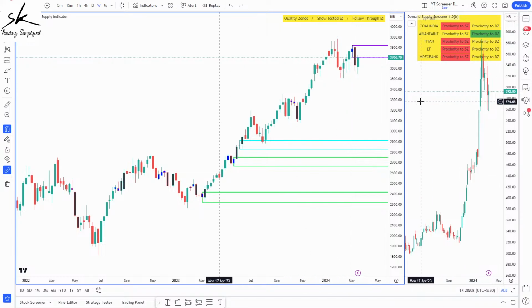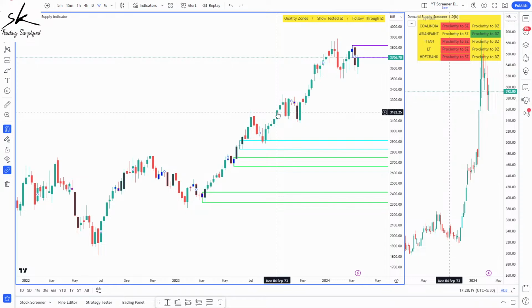It did the same thing for me within a few seconds. So can you see how much time I save? I only need to focus on these 5 symbols if I plan both long and short. But if I only plan long trades, I know Asian Paints is the only one which I can check. So if I open Asian Paints,